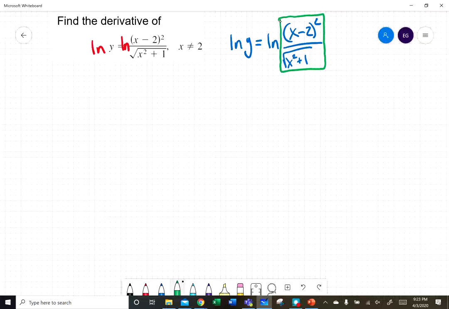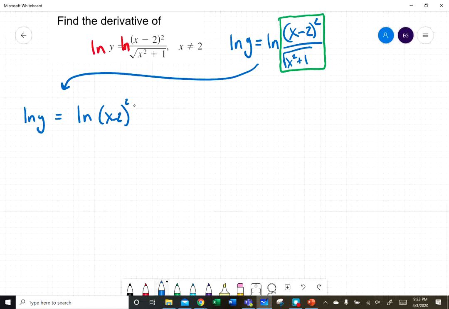Okay, so we have a quotient. So the log of a quotient is equal to the difference of the logarithms. So we could apply that rule. So we have natural log of y is equal to the natural log of the numerator, which is (x minus 2) squared, minus the natural log of the denominator. And instead of the square root symbol, I'm going to use the 1/2 power. Means the same thing. Natural log of x squared plus 1